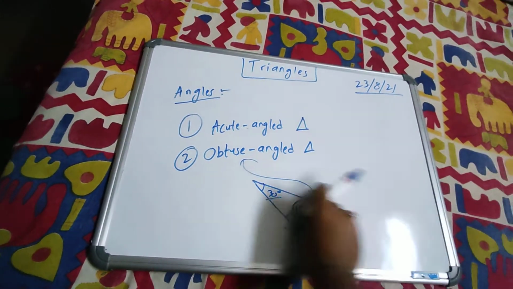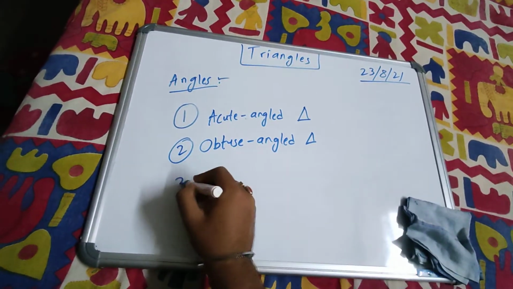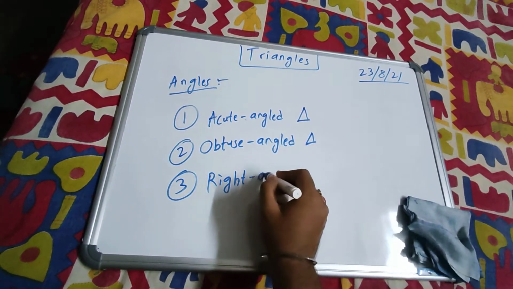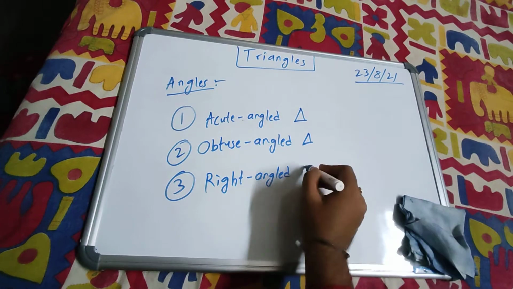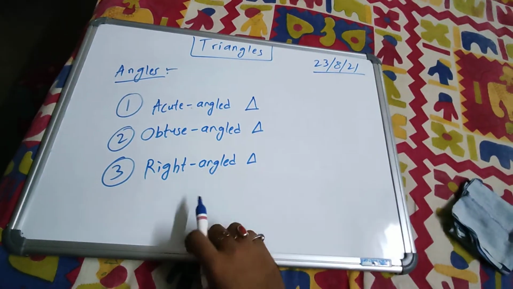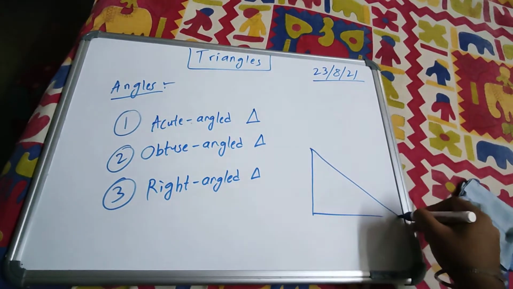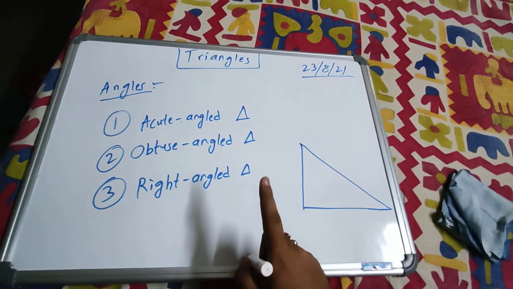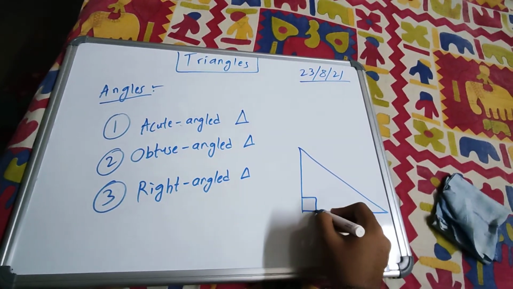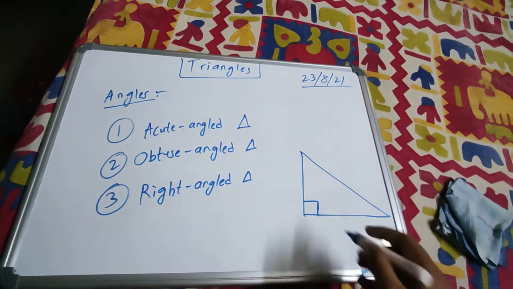Next we will come to our next type of triangle, the right angle triangle. I think you people know this kind of triangle very well. You have worked with this kind of triangle. Right angle triangle means just one angle inside the triangle will be exactly 90 degree. Like I have drawn in this figure, this angle is exactly 90 degree, an exact right angle.